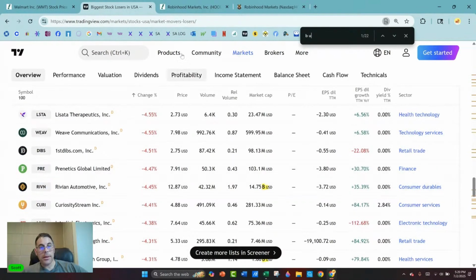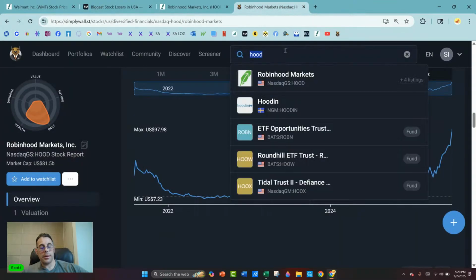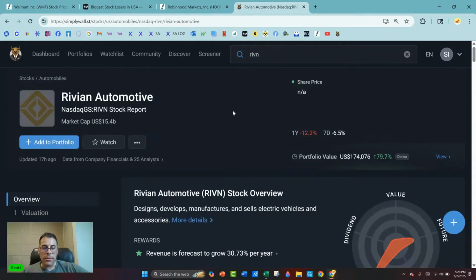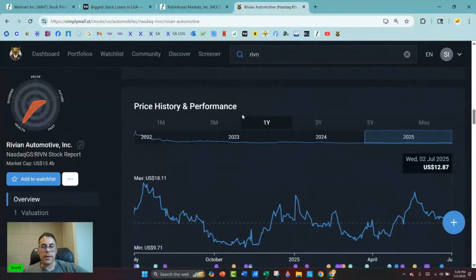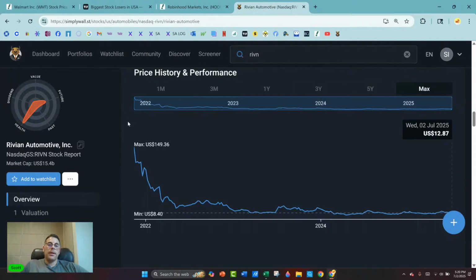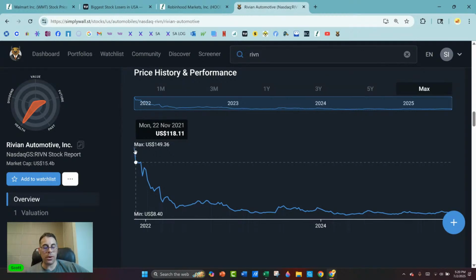Rivian. Why is Rivian down? What a garbage company, that Rivian. Look at this. I remember when I first started trading, it was worth more than like Toyota and Ford. And then it just,